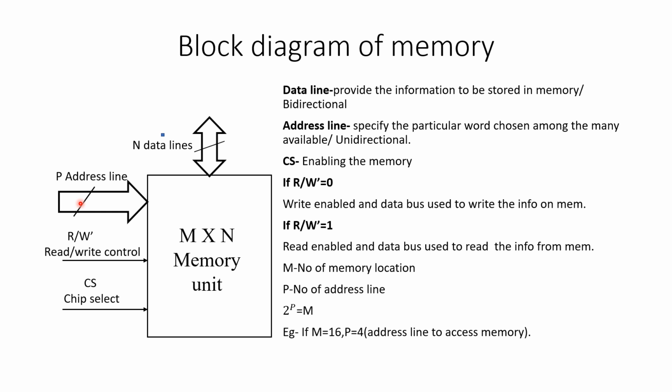Memory is nothing but an array type of structure. This array consists of multiple cells. In order to access the cells in the array, we need an address location for each cell. This address can be sent through the address line. It is unidirectional, which means we can only give input to this line; we cannot get output through this line. Then coming to the data lines. The data line is bidirectional. Through this data line, we can send information to the memory and retrieve data from the memory.